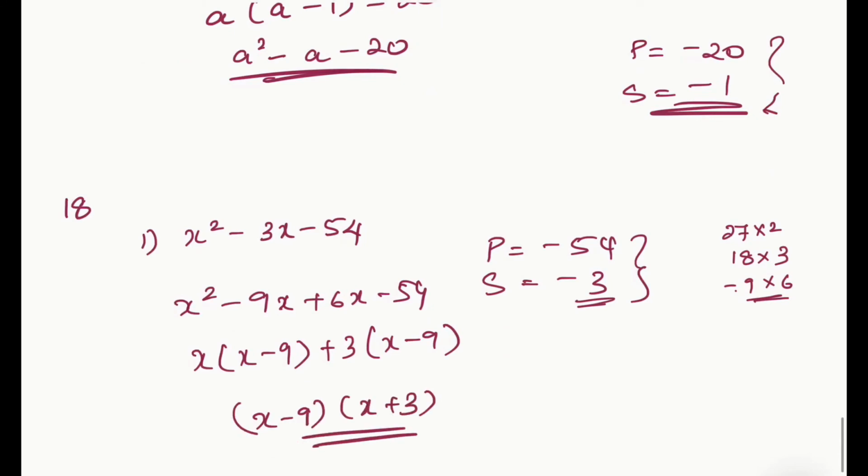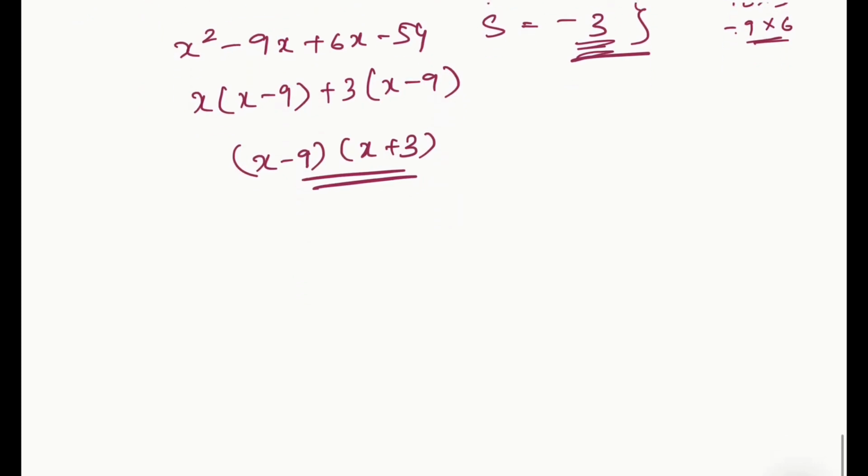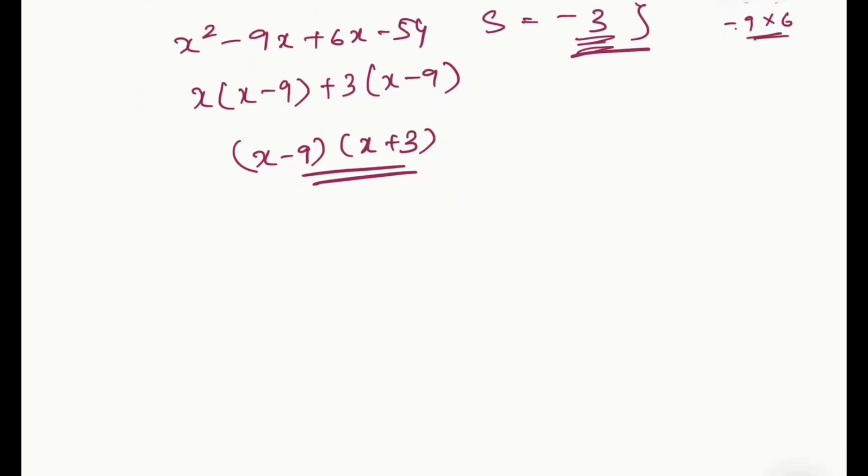So I think you can complete this main, that is question number 18, the rest of the questions. First you check whether it is factorizable. You can check like this by taking the product and sum. So will you get any factors of that form? If you get it, you need to factorize it. Otherwise you can give the answer as no. Now coming to question number 19.